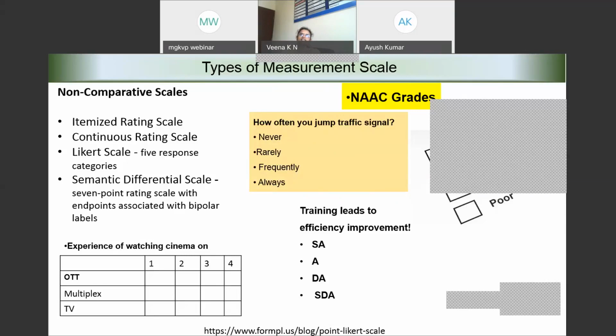Okay, now coming back to this, training leads to efficiency improvement. What scale is this? This is again a 4-point Likert scale, which we usually get to see in many feedback questionnaires. In a feedback questionnaire, we usually use this type of question or scale of measurement. And this one,